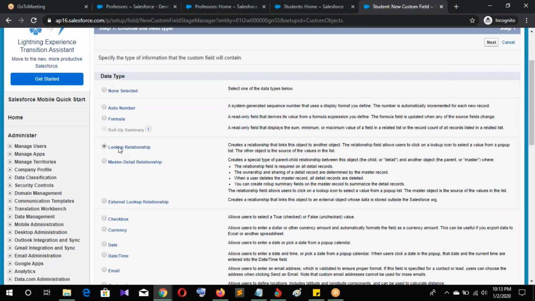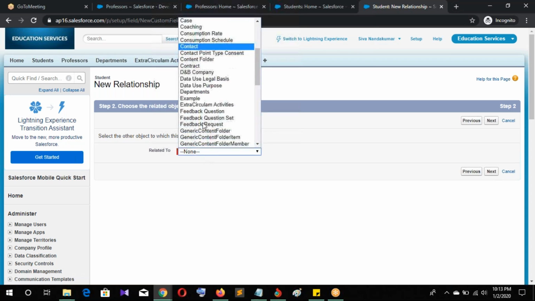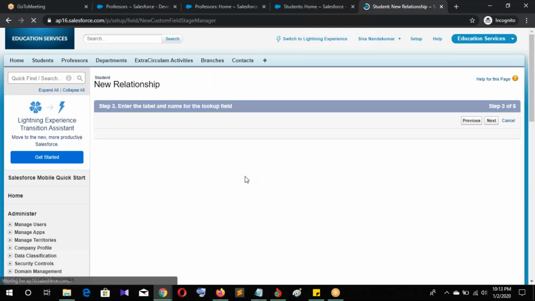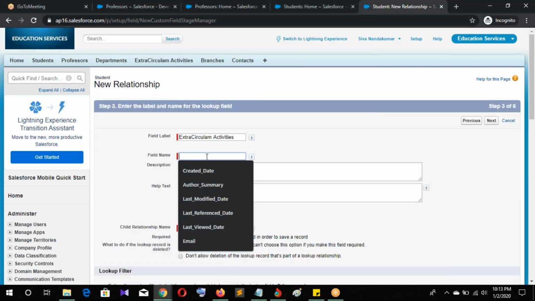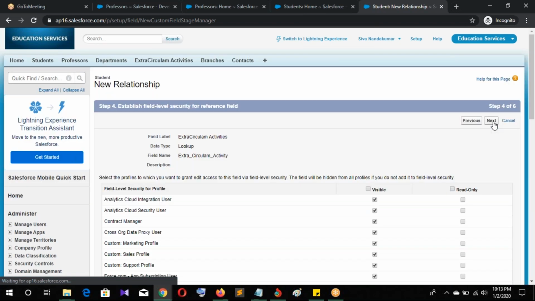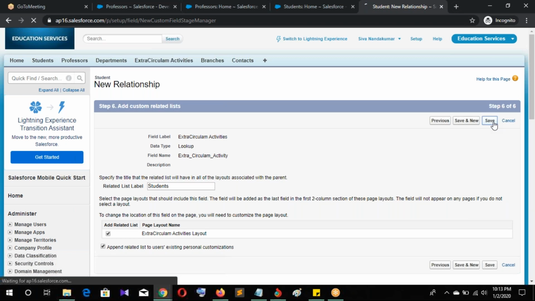See here, lookup relationship. Next, related to means the parent object is the extracurricular activities. Okay. Next, field name, extracurricular activity. Okay. Next, save.